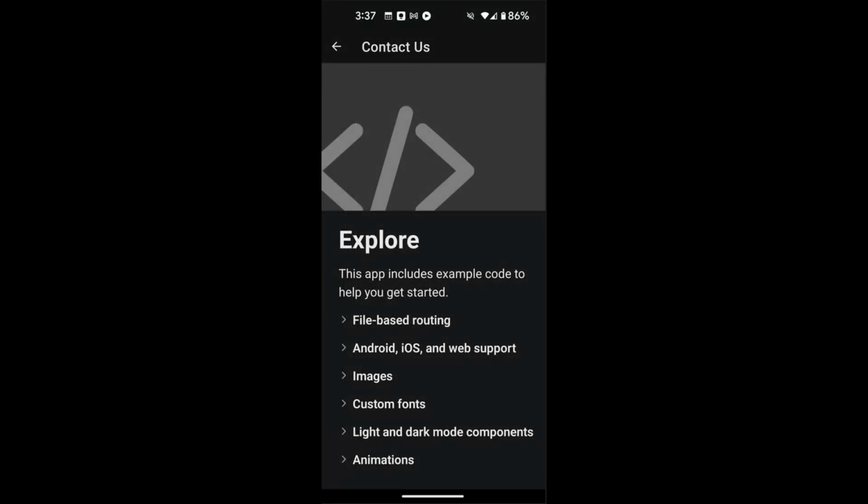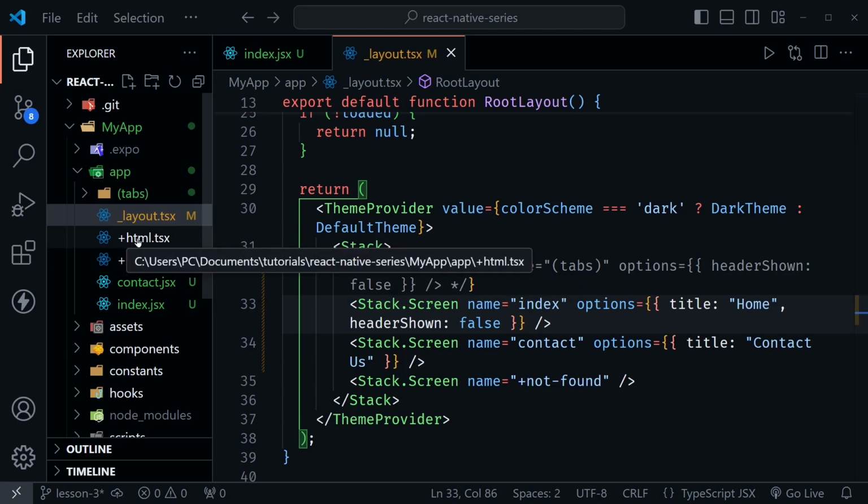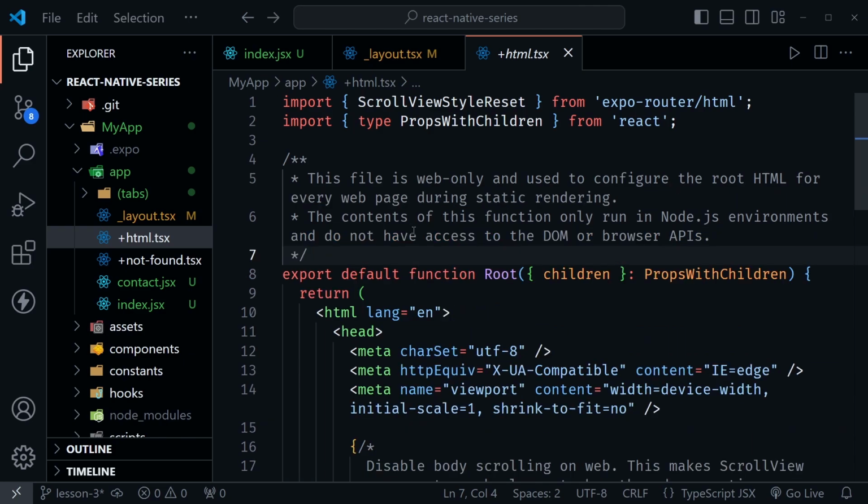And I believe this looks a little bit better on my phone than it does on the web. So here's a shot of my phone. And now back in VS Code, I talked about these special files over here. You can see there are two. There's a +html.tsx. And if you click on that, and I'll press Alt-Z once again to wrap this down, but it says